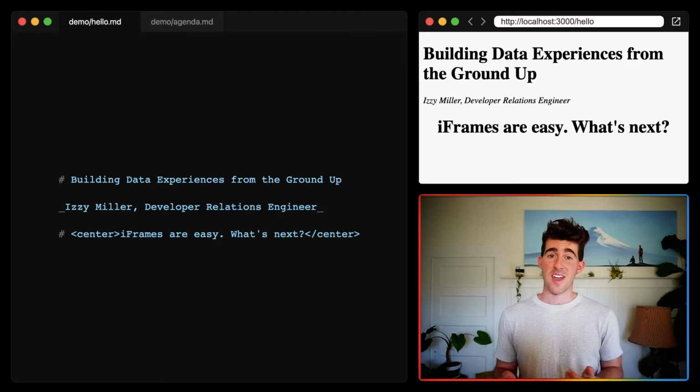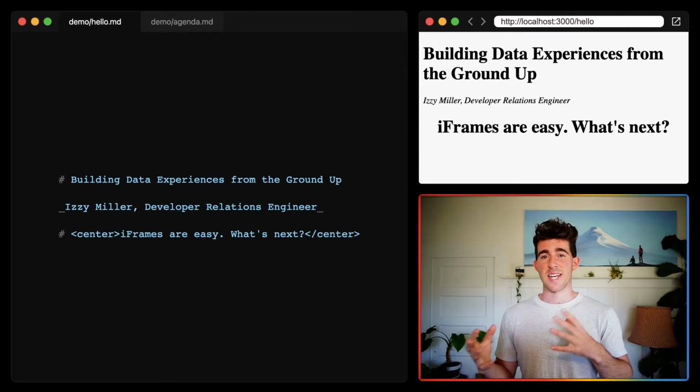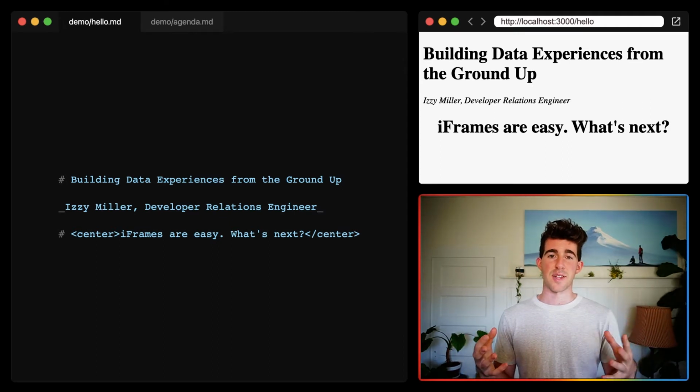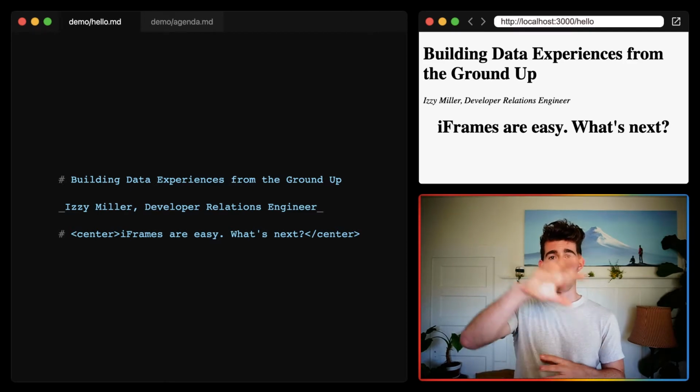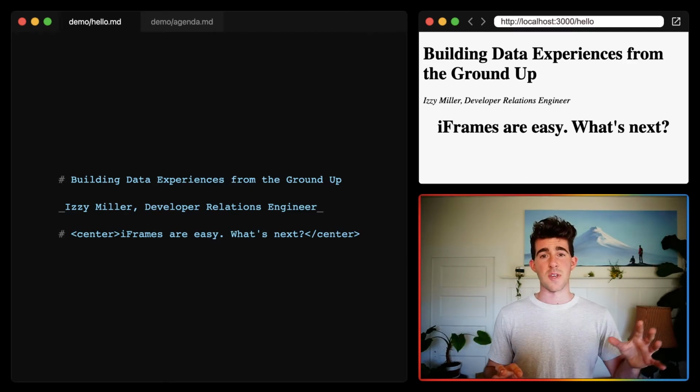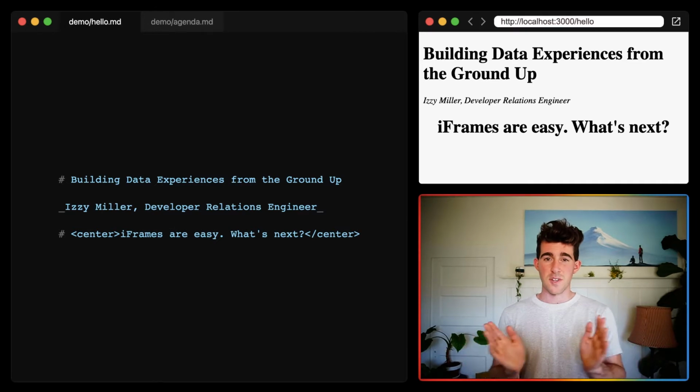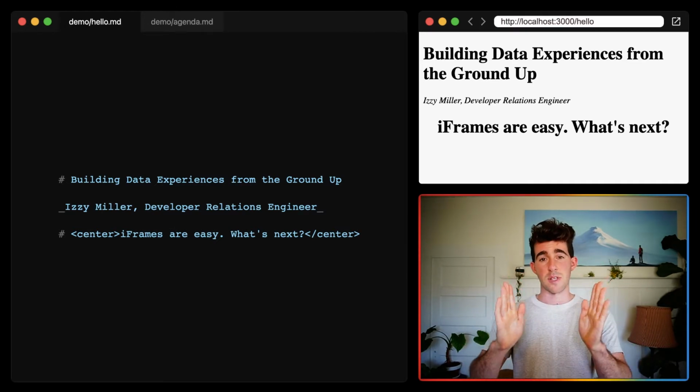I'm Izzy Miller, a developer relations engineer here at Looker, and today we're going to be talking about not just embedding, but building actual data experiences. And what I mean by that is taking it beyond just a dumb iframe that's embedded on a page, and actually creating dynamic and connected experiences that feel seamless and that take the data and let it power the entire page and interact with the entire page, rather than just be isolated and confined to a little box somewhere on